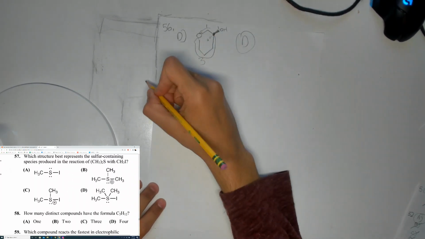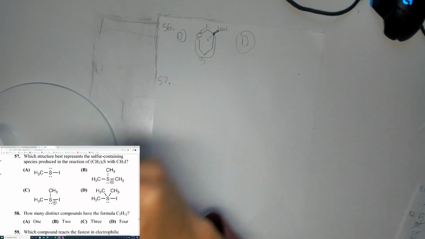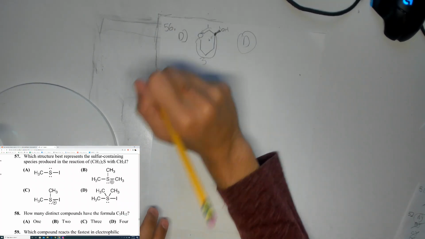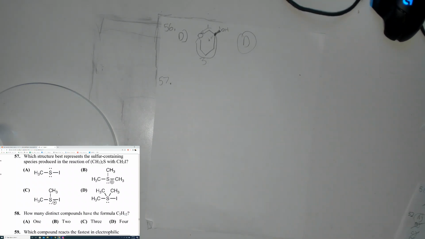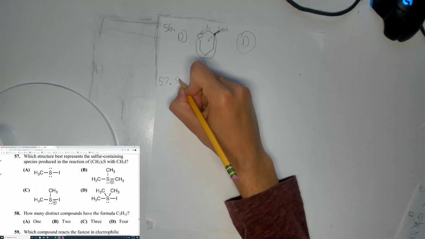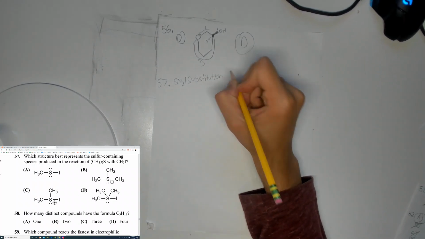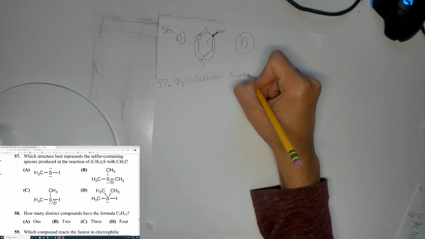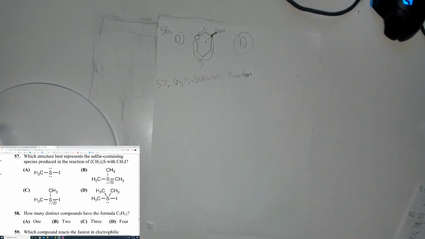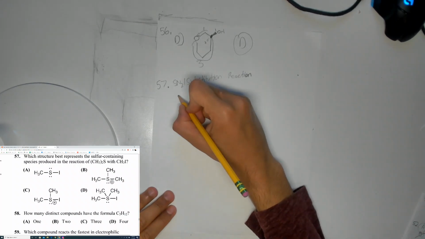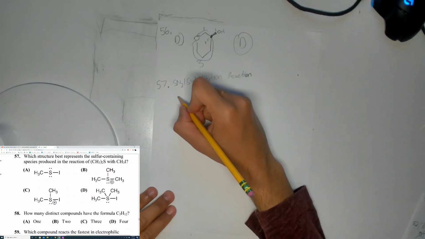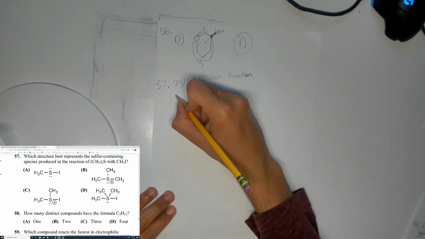57. This is a little bit more advanced, I guess, organic. So here, what you see is a substitution reaction. More specifically SN2. So that's an SN2 reaction, or substitution. Right? So what are the 2 components needed for a substitution reaction? So the first thing is you need to have a negatively